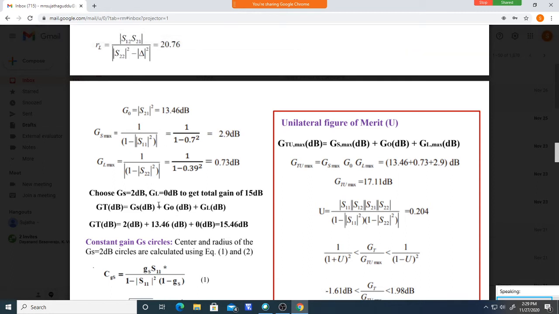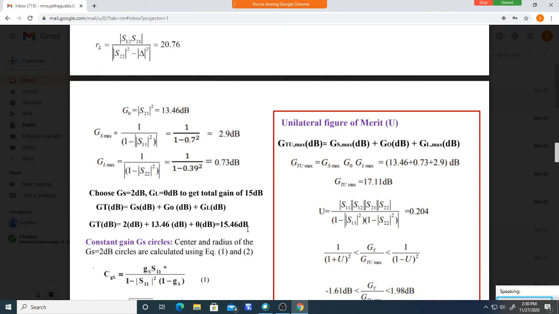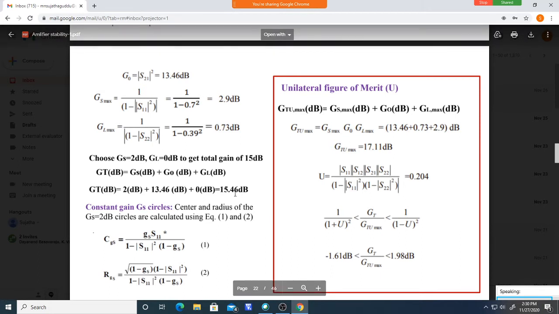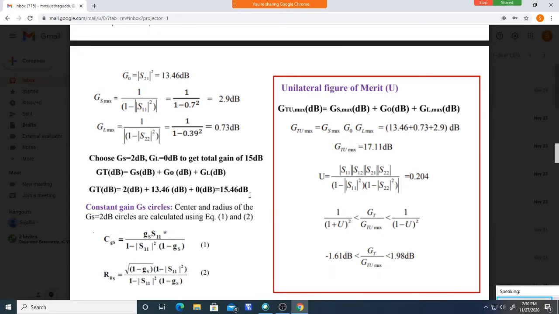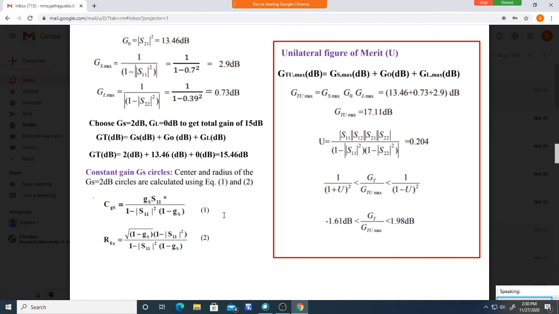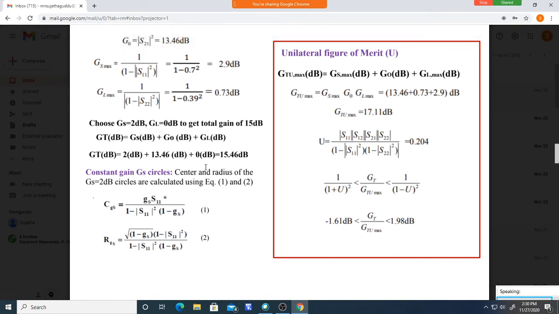By adding this, G naught is 13.46, GL we took as 0 dB, but GS we took 2 dB. So totally we get 15.46. That is whatever we needed, 15 dB, but it is a little bit more, no problem. Not very much difference. So 15.46 dB we got. Next, 2 dB you should get from the input matching network, and 0 dB from the output matching network. You should design the